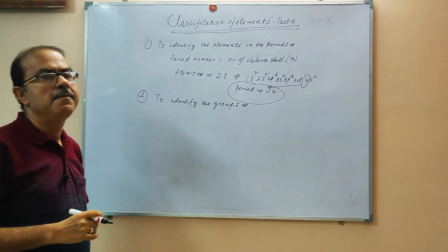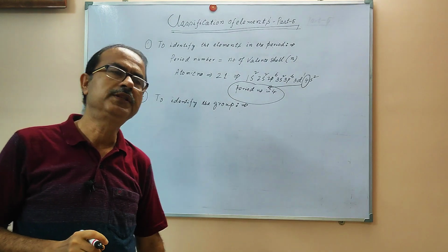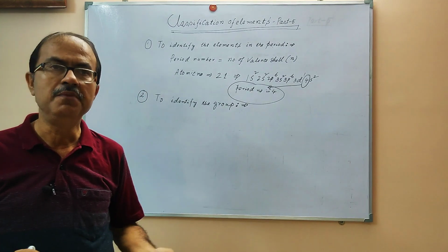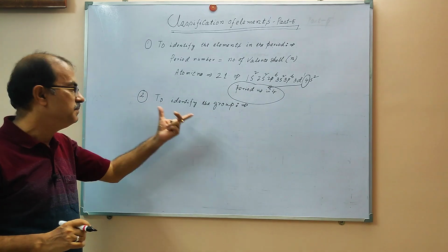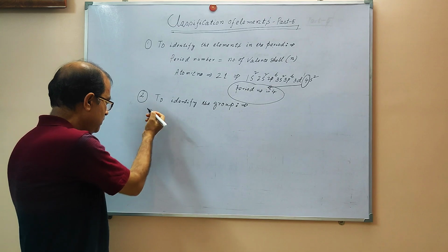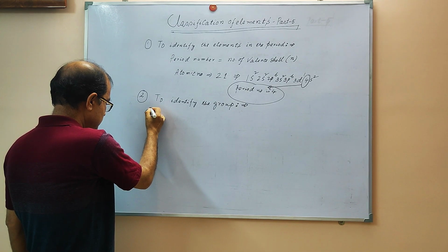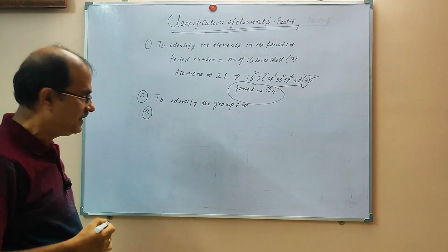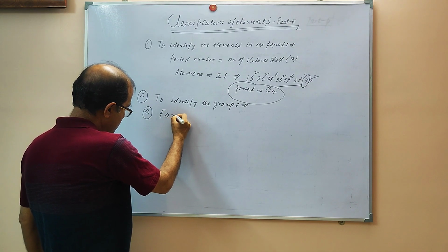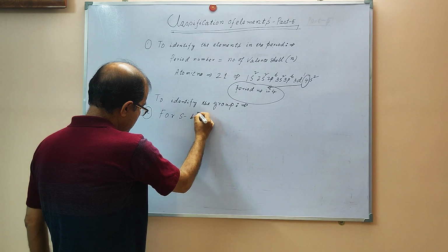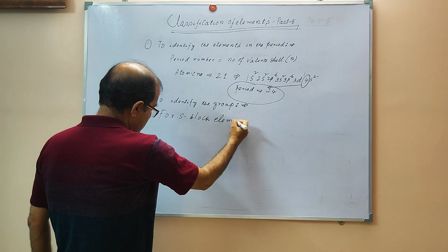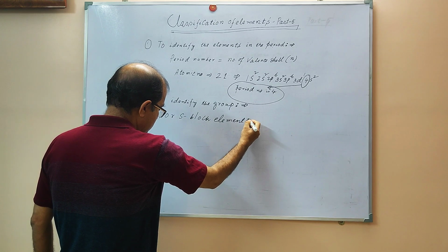For the S block element, P block element, D block element and F block element, there are specific rules that we have to remember. Number one, for the S block element,